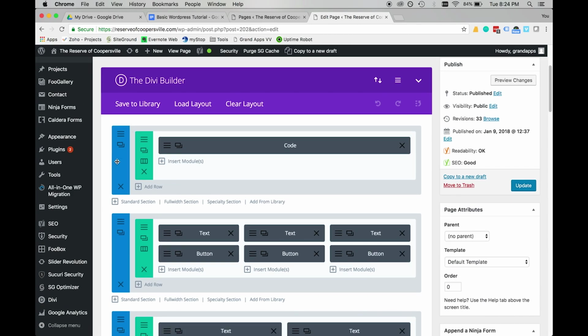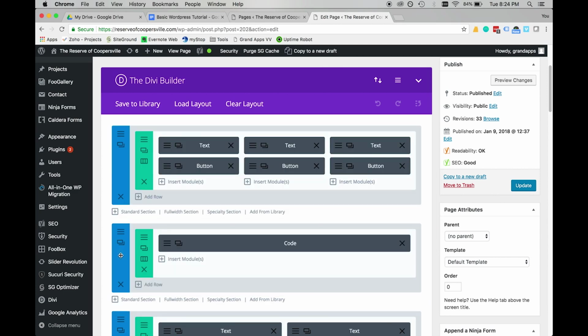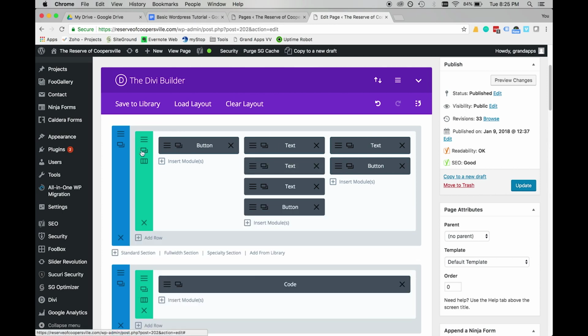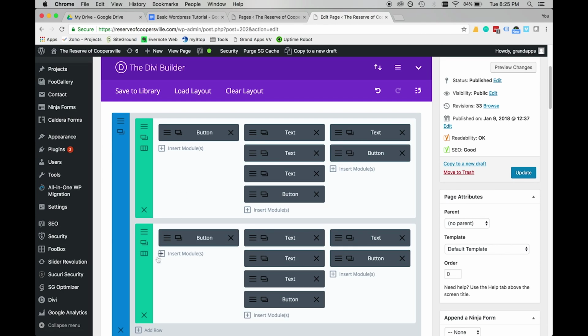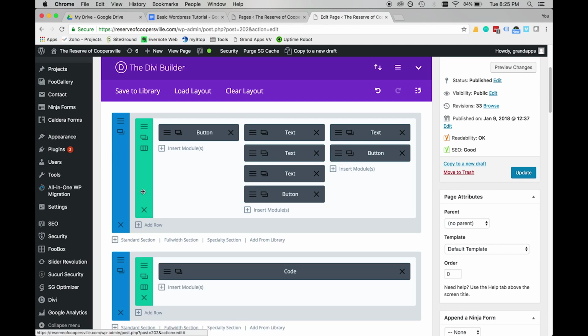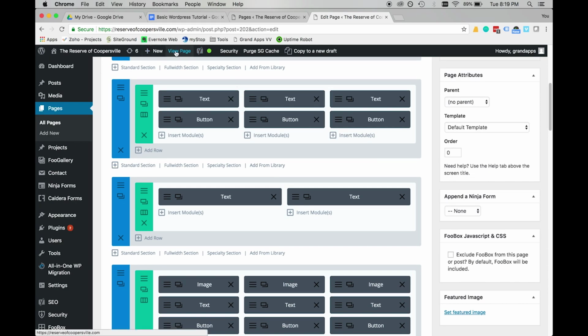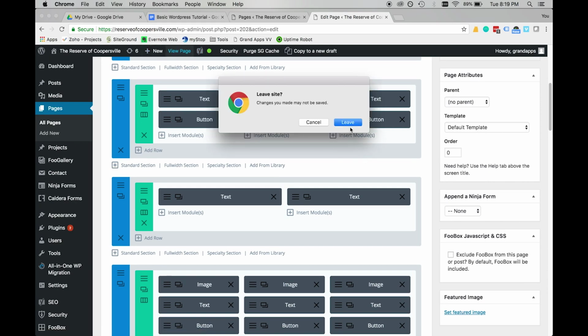All of these modules are drag and droppable. You just grab your four corner arrows and they can be slid around and put in new spots. They also can all be duplicated by hitting the two squares. You can also, from the front end,